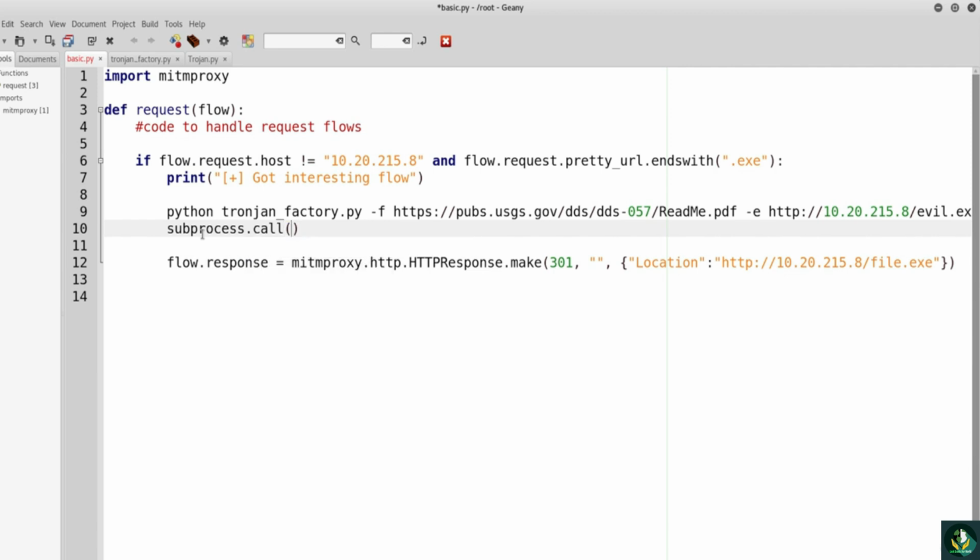So I simply copy the previous code and simply paste it in this code,